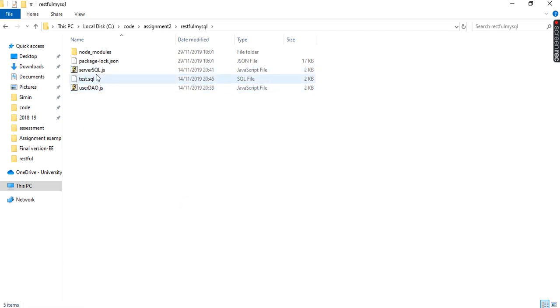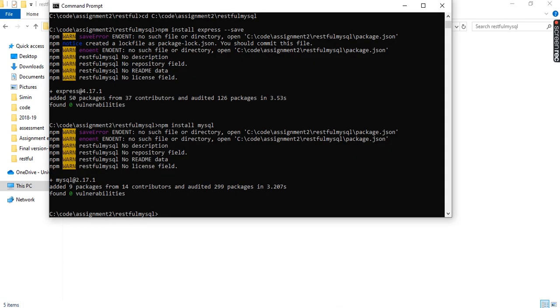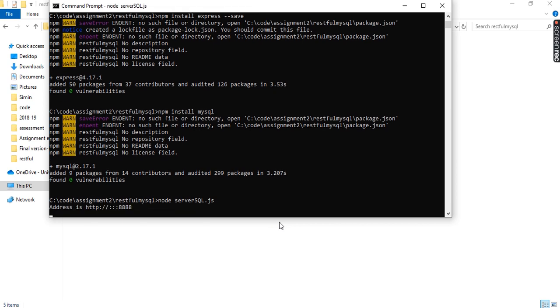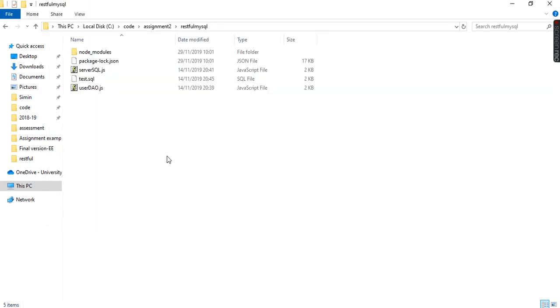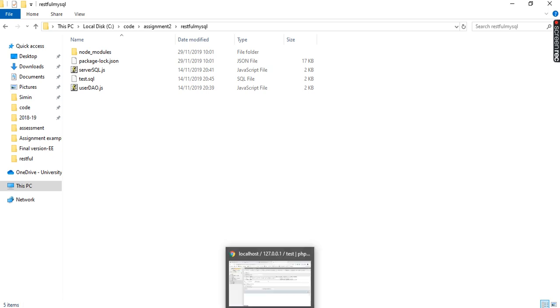So the server SQL and the user DAO.js. So currently, what we need to do, we use node to load the server SQL.js. So you can find that the RESTful API works on the port number 8888. So on 8888, that means I will run my